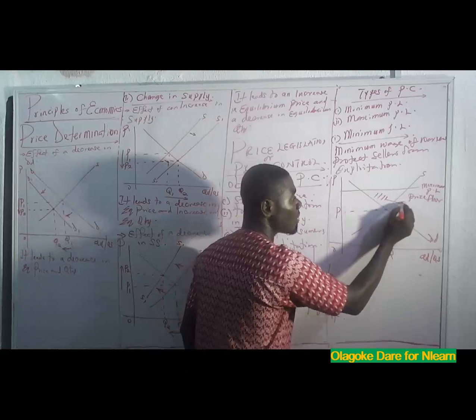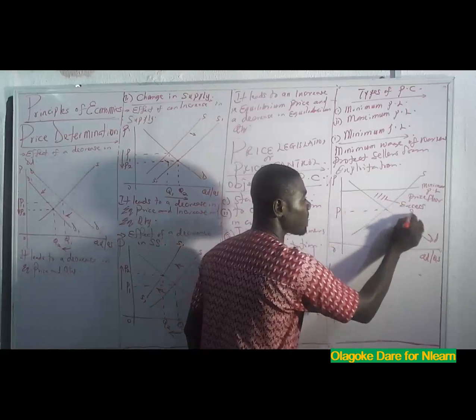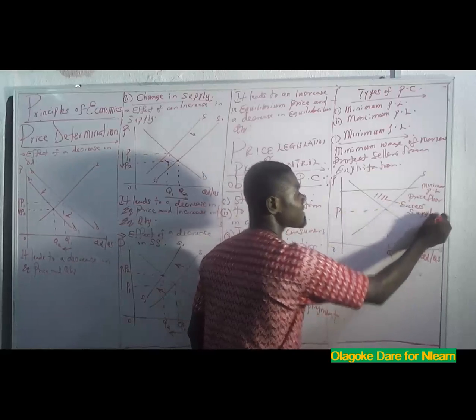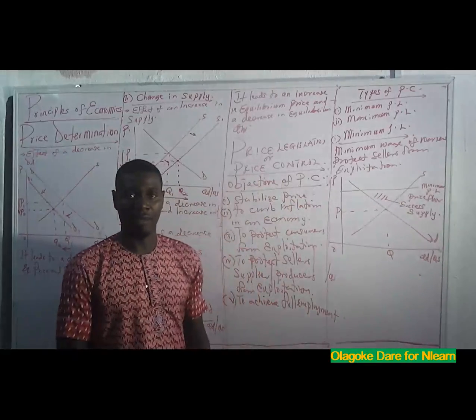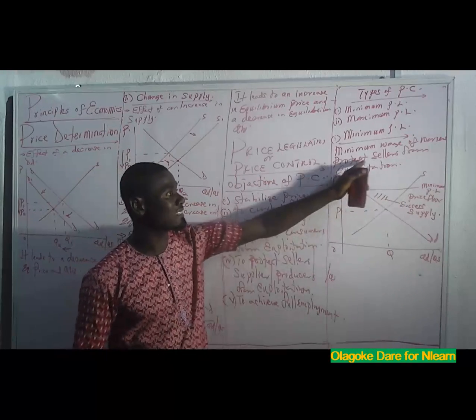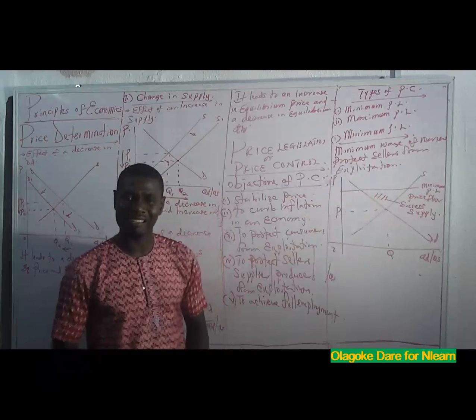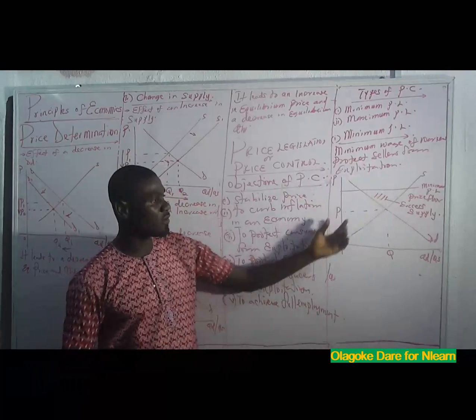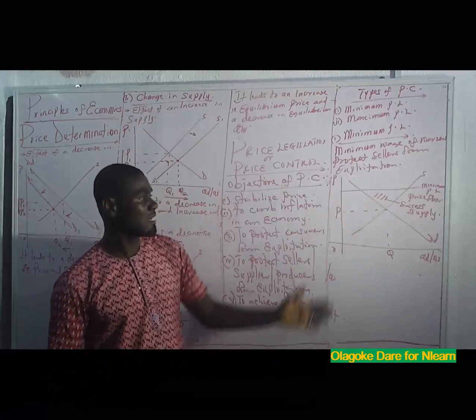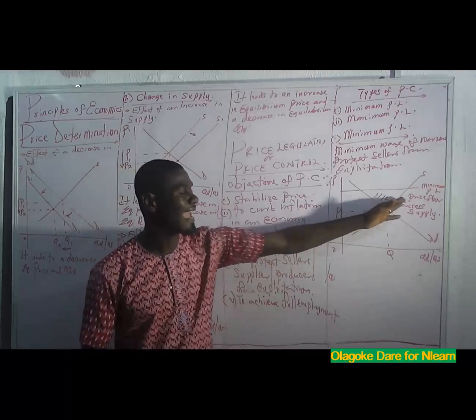It will lead to what? Excess supply. It will lead to excess supply. So minimum price legislation protects sellers from exploitation, but it has a disadvantage. The disadvantage of minimum price legislation is that it will bring about excess supply